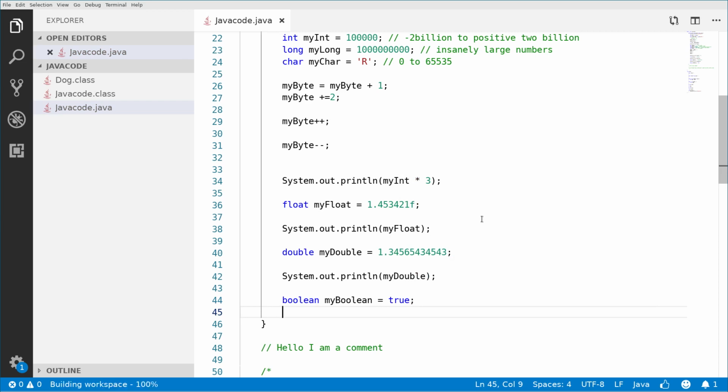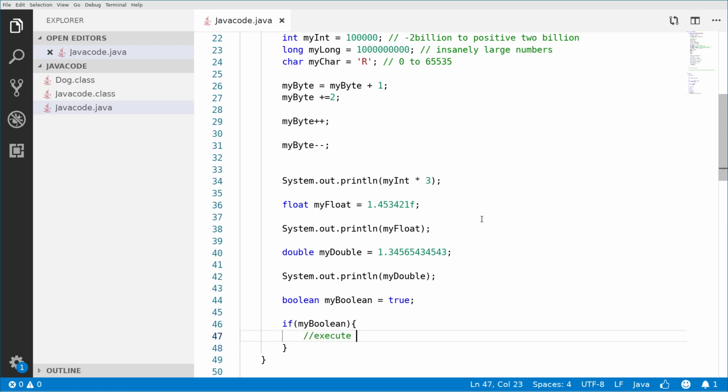This will enable us to check some conditions. So we're going to say if myBoolean. When we say if myBoolean, we're asking if myBoolean is true. And if it's true, we can execute some code accordingly.